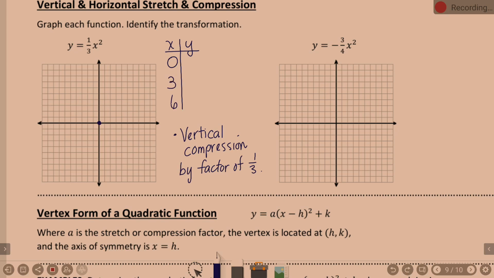I always say when you have a fraction, look at your denominator. My denominator is 3. Use multiples of 3 is what I'm going to tell you. Okay? 3 and 6 are multiples of 3, so we're gonna have some canceling going on. Okay, so 0, 0 is still going to be my vertex. Or you can do the math. 0 squared times 1/3, it's still 0. Let's plug in 3. So 1/3